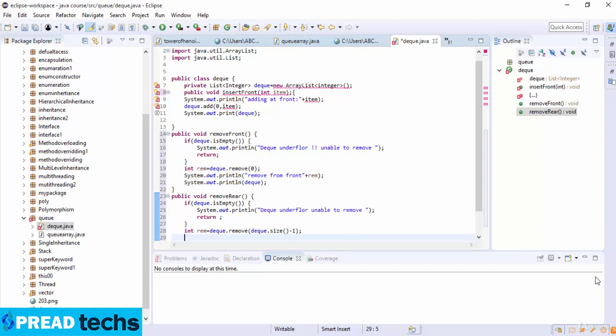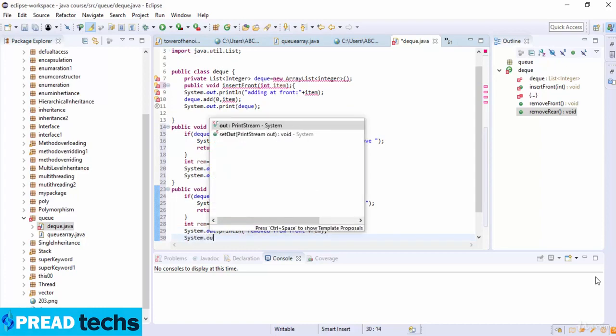So it will remove the item from the end of the queue. The system output message here is "removed from rear", and then plus rem,